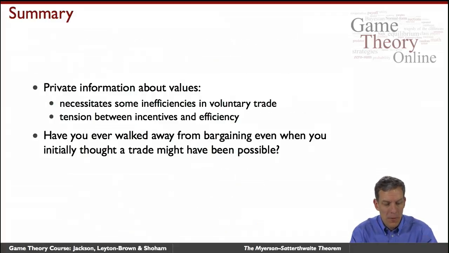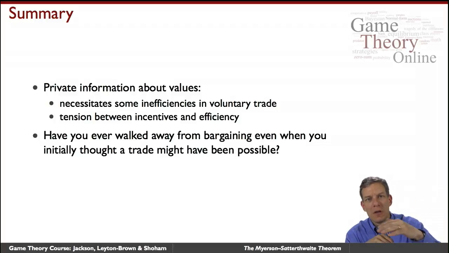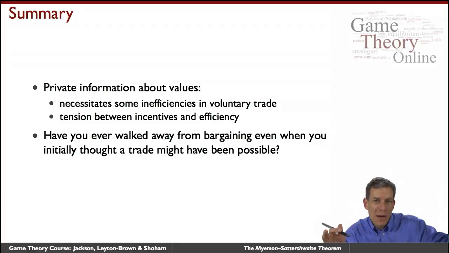So in terms of summary, what have we learned? Private information about values necessitates some inefficiencies in voluntary trade, and it leads to sort of a basic tension between incentives and efficiency. And this is really impossible to get around. And one thing to emphasize here, and this is sort of the power of the revelation theorem, think of any mechanism you would want, right? Think of any mechanism. If that mechanism somehow has equilibria that lead to efficient trade,